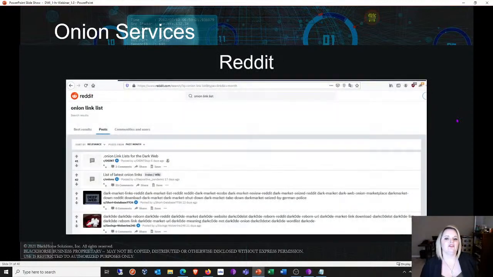Next is using Reddit. I always talk about Reddit because Reddit is the front page of the internet. And if you're not using Reddit, you are not researching the internet. You can just go to Reddit. You don't need a username and a password, and you can directly search from the platform. There's a search bar at the top. I just searched for onion link list, and the first